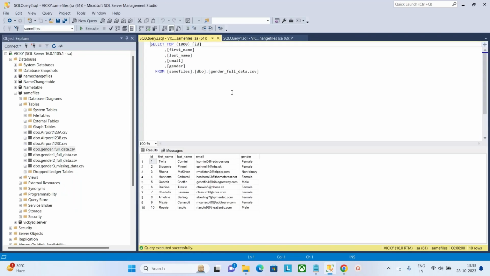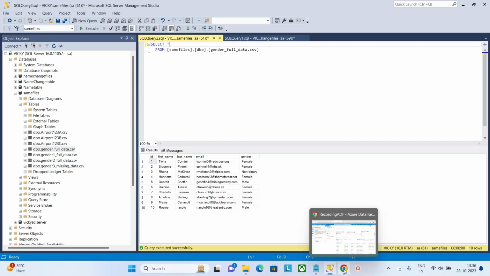Okay, see, 10 rows. Now again I run this pipeline, then we see 10 rows become 20 rows because